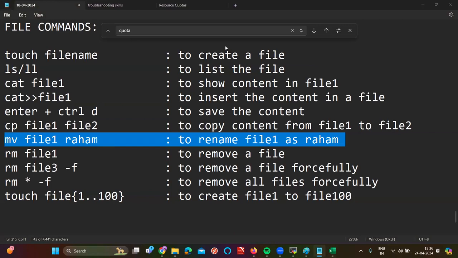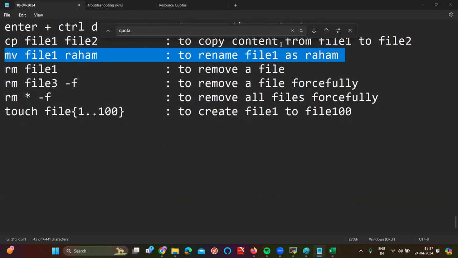rm is for remove actually. Source means your actual file. Destination means what you want to rename to. Hope it is clear for you, Ritu. Okay guys, we will discuss your doubts and queries at the end. I'm going to give the unmute option for all of you to speak with me, so don't worry. I'll give some separate time for you.